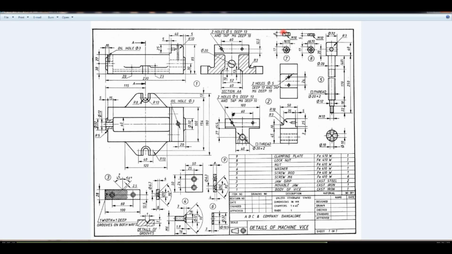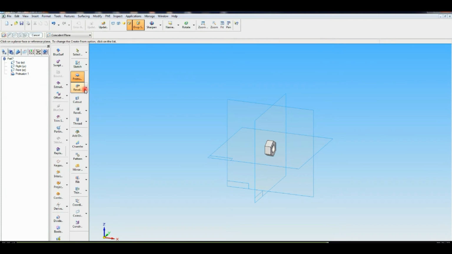Now here chamfer circle you have to draw, chamfer cutout or chamfer circle.